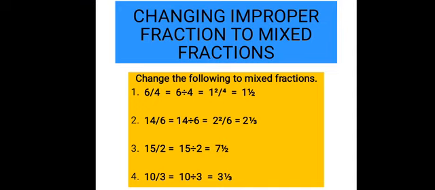So looking at this answer, 1 whole number 2/4, you will see that we can reduce it to its lowest term. Then how are we going to do that? You're going to look for a number that will divide the numerator and the denominator without remainder. So we are going to use 2, because we know that 2 can divide the denominator and the numerator without remainder. So 2 divide 2 is 1, 2 divide 4 is 2, and that is how we got our final answer, one whole number